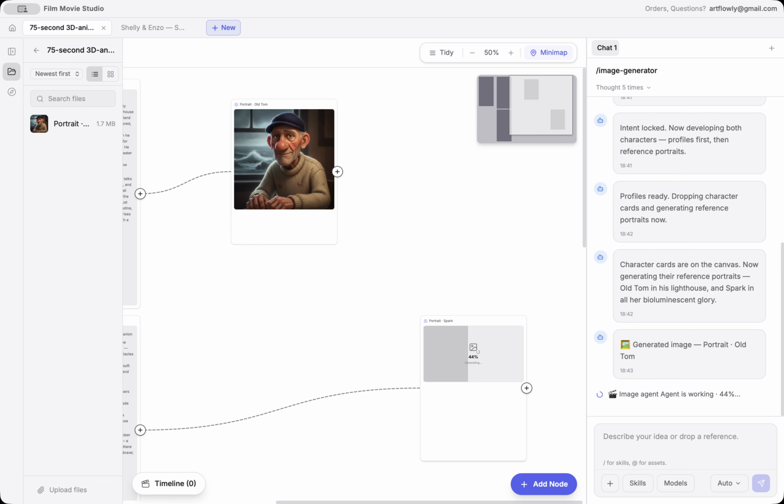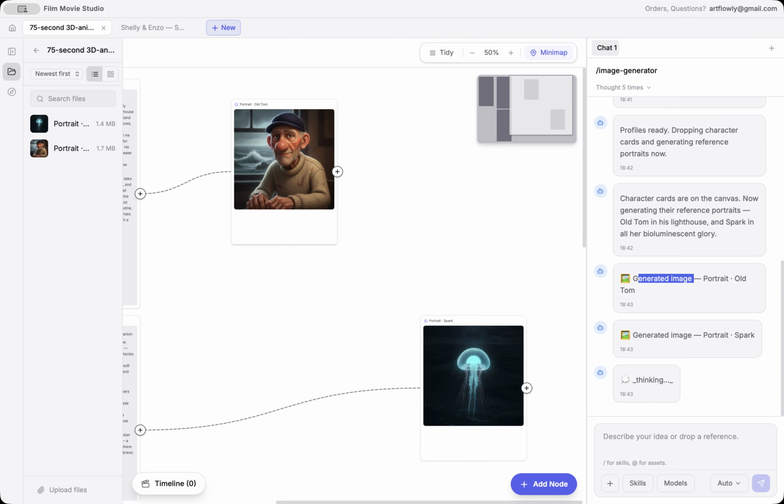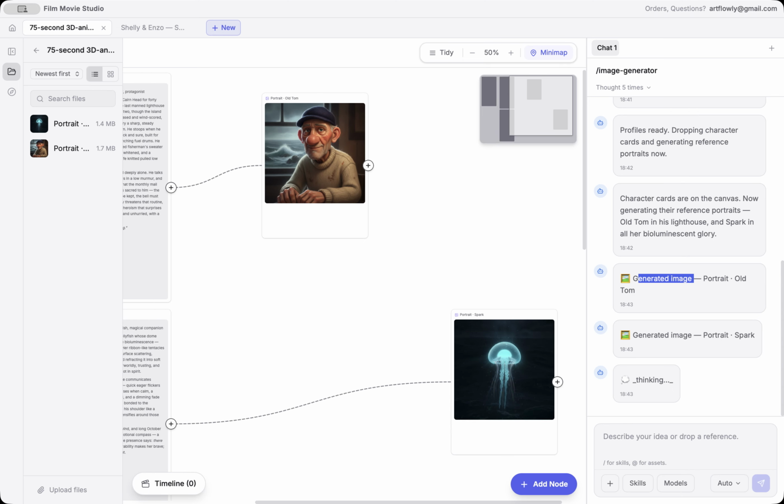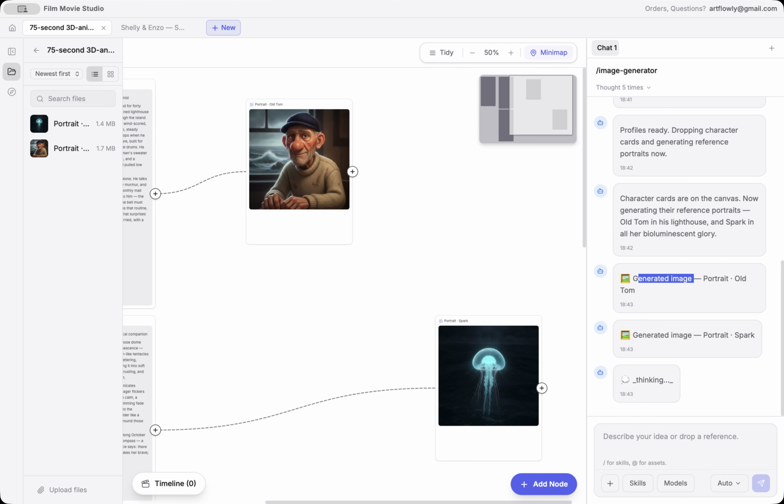And here is the second placeholder for the character. So as you can see, it's a generated image. So there is the first generated character, there is the second character. So you can also move these nodes by touching the middle mouse